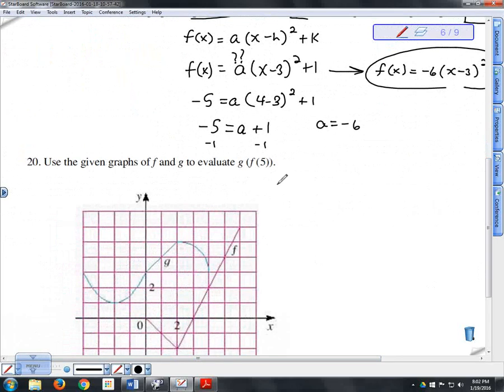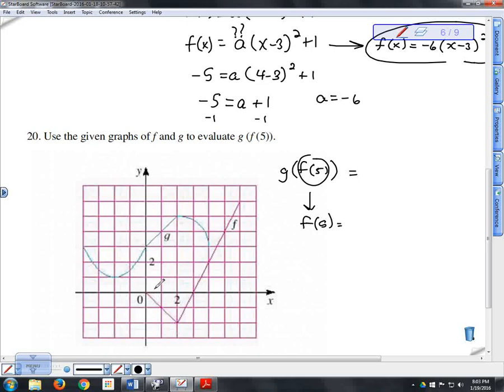Okay, we need to find g of f of 5. But let's break this apart. First of all, what is f of 5? Well, since this right here represents the f function, if we go out to 1, 2, 3, 4, 5, right here, one, two, three. So f of 5 is equal to